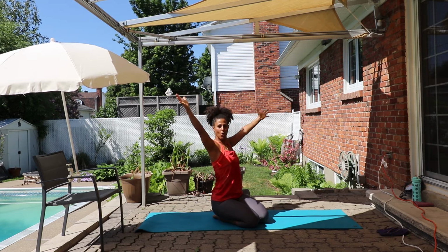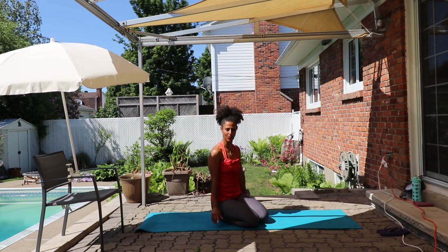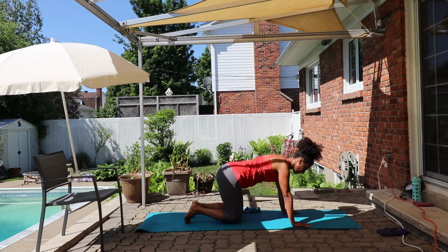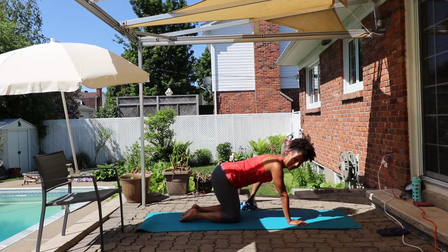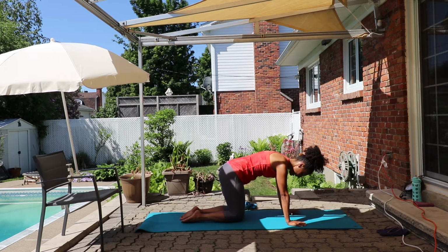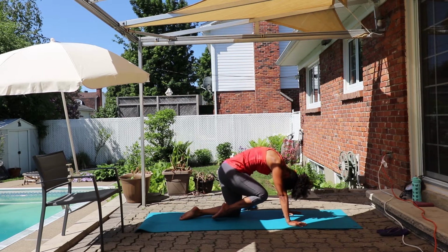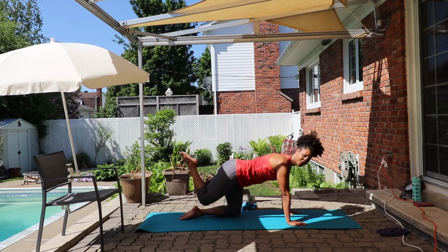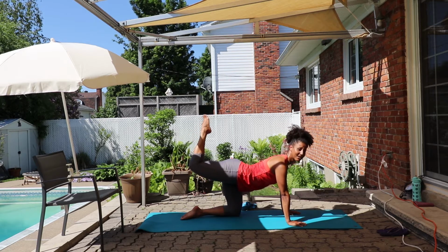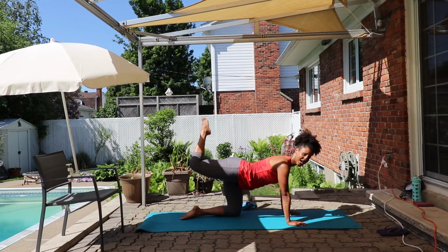Unwind the hands, open out your wings here to then slowly release the arms. Good. Walking the hands forward on the mat, back to all fours. So now we're going to take that right knee again into the nose, rounding the back. Inhaling, pushing the hands into the floor, tuck the head in. Exhaling, bringing the leg now up to the ceiling and back of the head towards the foot, foot towards the back of the head. We're now going to slowly hold this position, and you're going to take that leg over